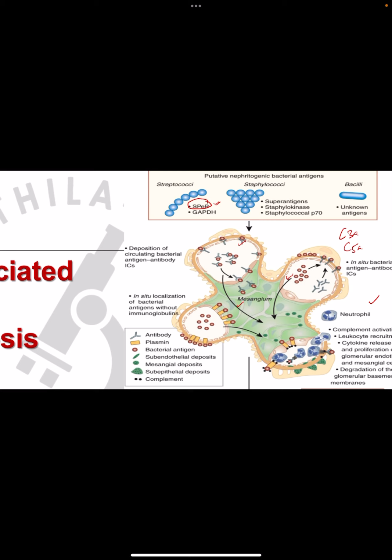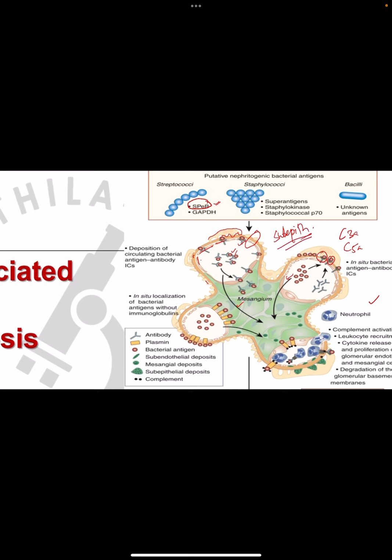And after that, later on, these immune complexes will get deposited in the subepithelial location. So this is the glomerular filtration barrier. It consists of this fenestrated endothelium, and then there is the basement membrane, this orange one, followed by the visceral epithelial layer of podocytes. So initially the complexes were present in the subendothelial location, but later on when there is glomerular damage because of all this inflammatory process, these complexes will get deposited in the subepithelial location.